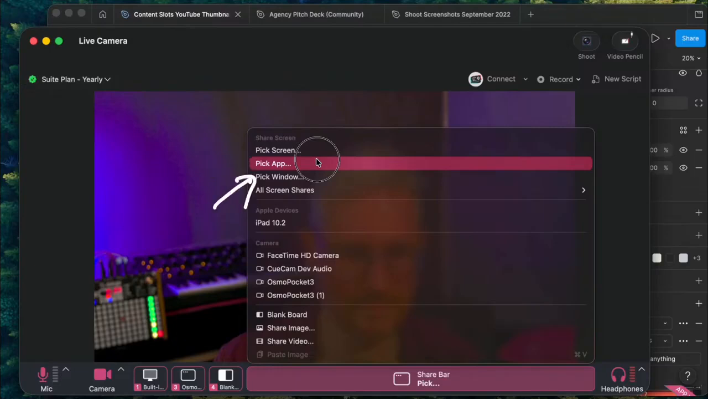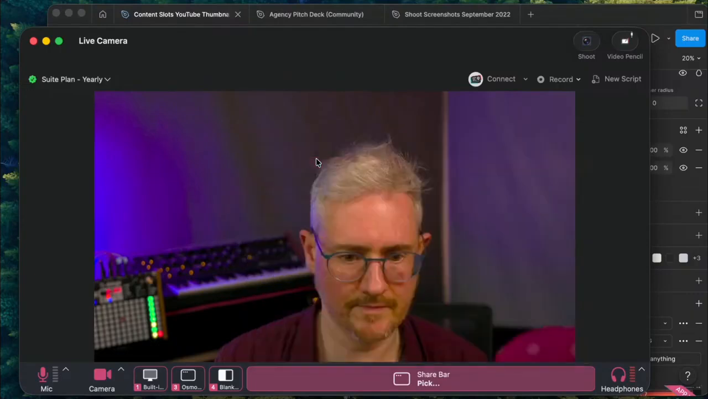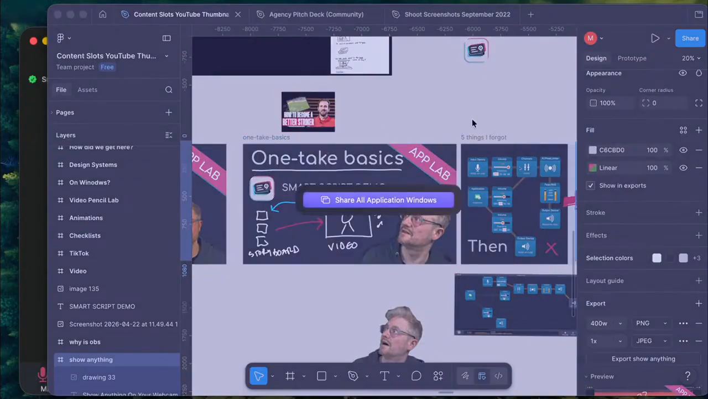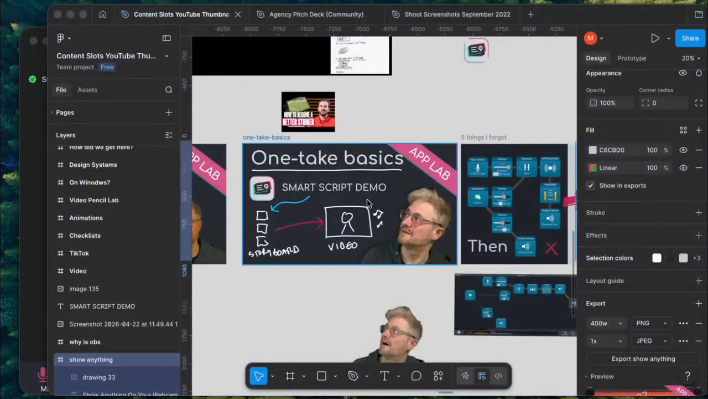The good thing about pick window is it will fit to the exact size of the window. You won't have to zoom in or anything. And then picking a screen won't bring in the audio. So usually you probably want to pick app. So if you have got sound coming out of that app, that's going to be included. But you just click pick app. It's going to go into Apple's screen share picker. And here's Figma. Just click on that, share all application windows in the other app you want to share, and